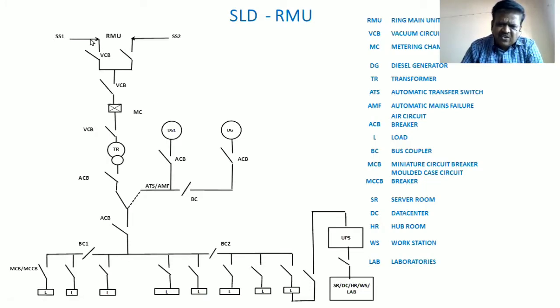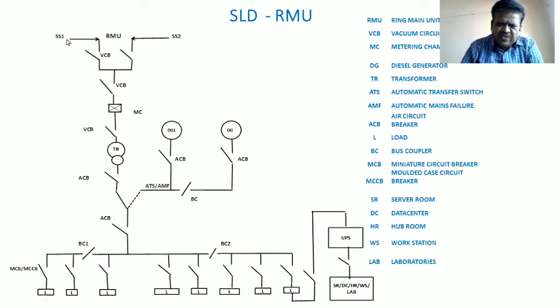Now see, this is the starting point. This is also called RMU, ring main unit. In the ring main unit, you have dual sources. You are getting 3-phase supply from 2 different substations. If you see this in the RMU here, it is clearly written which substations are the 2 substations supplying power to your site where you are working. It is clearly mentioned. It should be written. For example, assume this is from KR Puram and this is from Hebbara substations.